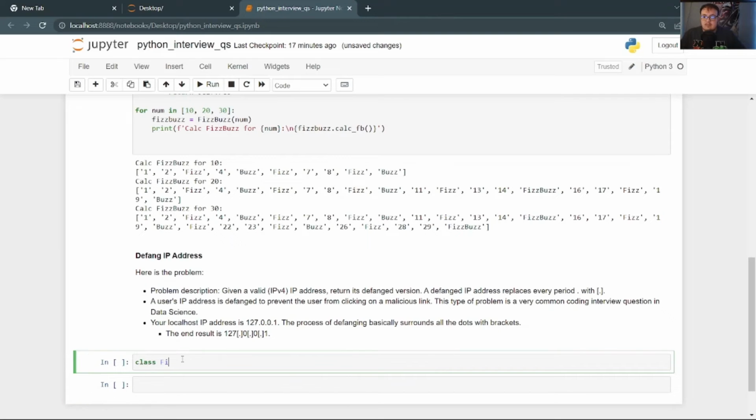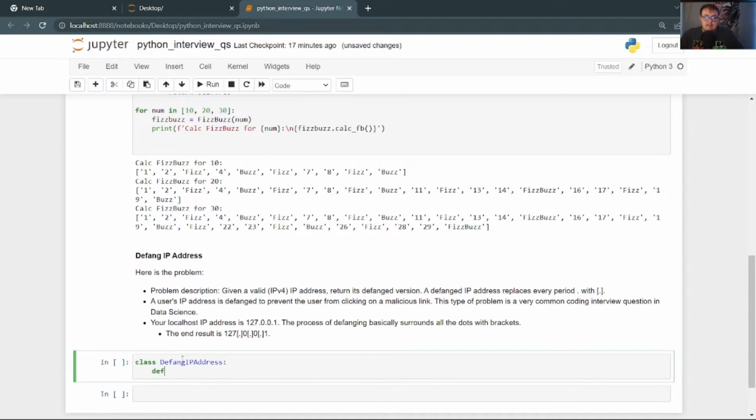So with that, we're gonna get started similar to what we did on the first question. We're gonna create a class, and we're just gonna call this DefangIPAddress. And what we're going to pass into this class is a valid IP address. So we can just make sure we initialize this stuff.